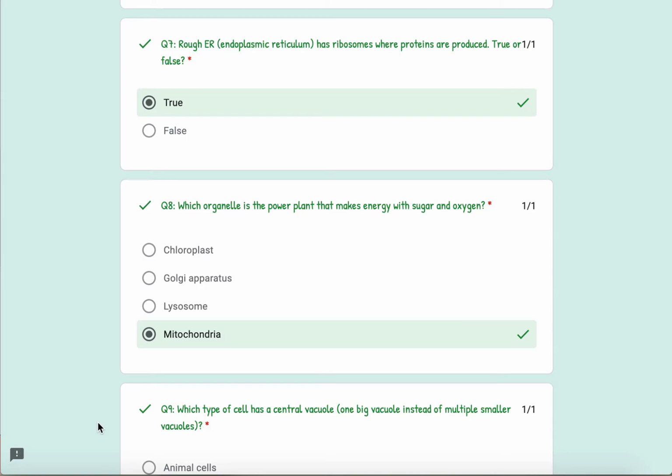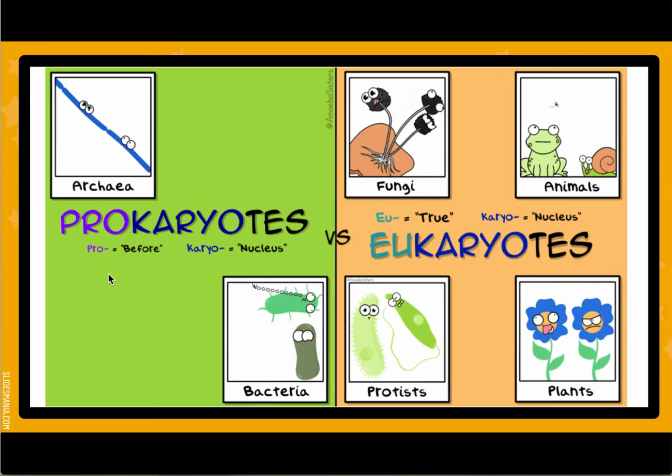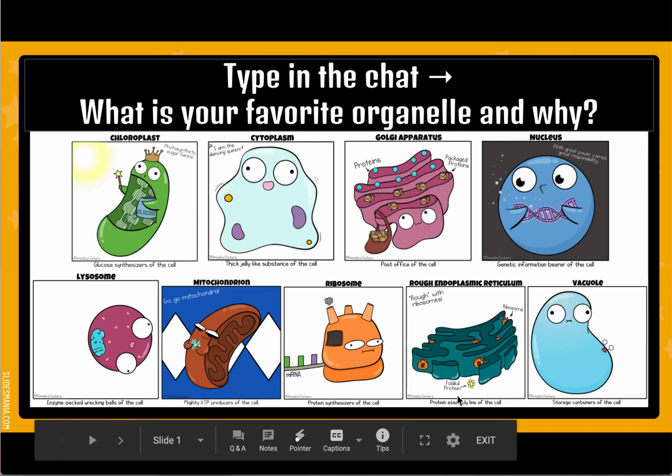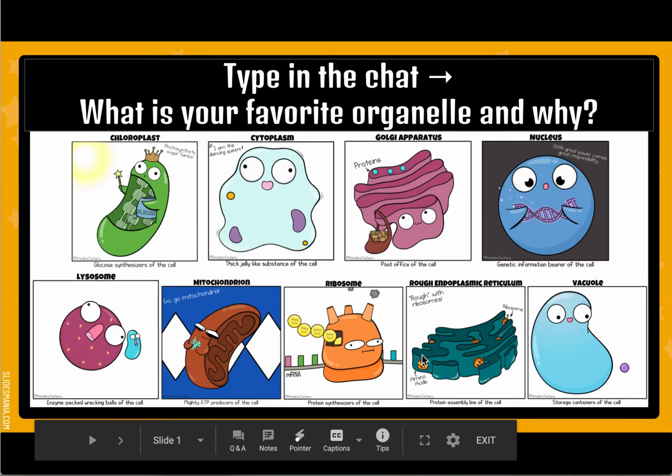There is also another organelle that you'll learn more about when you go to 7th grade and when you're in high school, and it is the smooth endoplasmic reticulum, and that is just the endoplasmic reticulum without ribosomes, so you don't see all those bumpy parts on it. So going back to one of the slides that we saw earlier, you can see right here on the rough endoplasmic reticulum, these different spots called ribosomes.